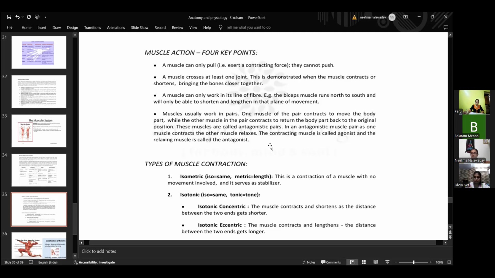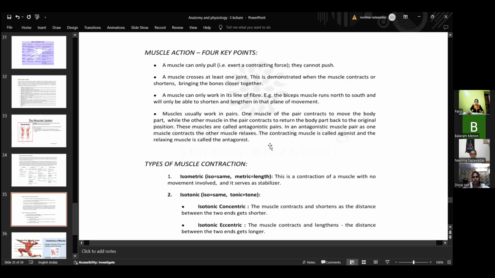The distance between proximal and distal, or origin and insertion, of that muscle fiber is reducing. And isotonic eccentric: the muscle contracts and lengthens. Lengthening is there, so the muscle contracts but lengthens. The distance between the two ends is getting longer, like in Paschimottanasana,